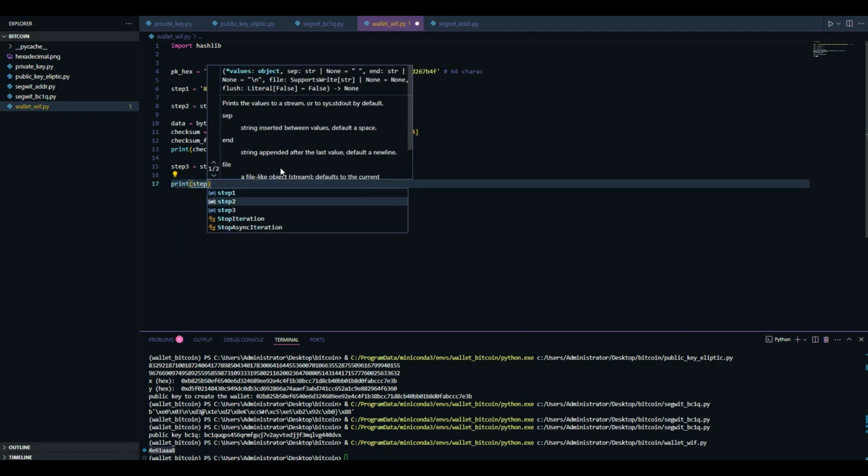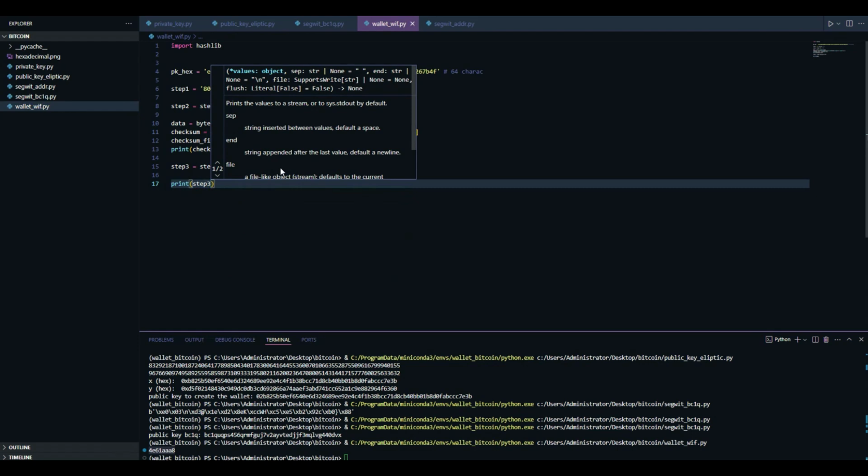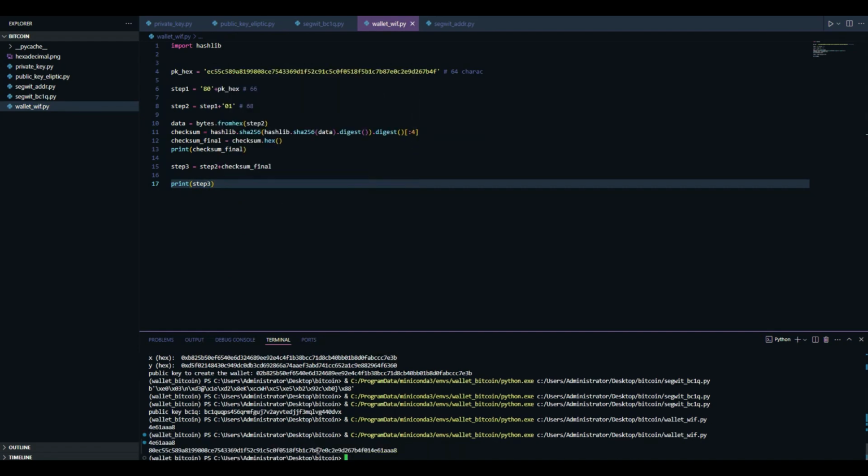Let's take a look. There it is. The head of the checksum is going to be the tail of step 3, like you can see here. Okay,